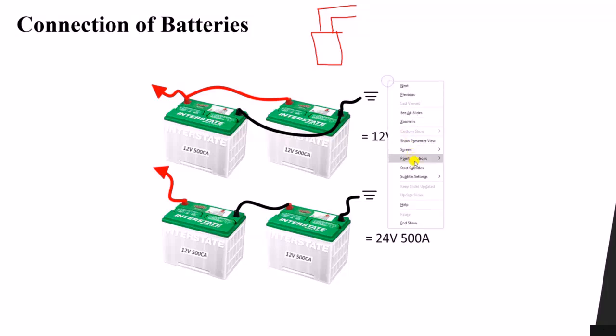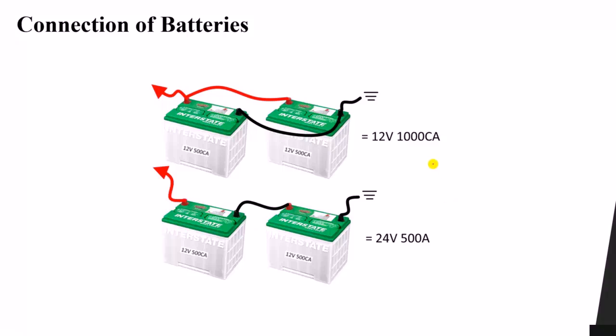So first, before we discuss the panels, we will understand the connection of batteries or the connection of different voltage sources. It is the same idea as panels. Here, as you can see, we have a 12 volt battery and another battery, and another battery and battery. Now, what's the difference here? You will find that these two batteries are connected in parallel, and these two batteries are connected in series.